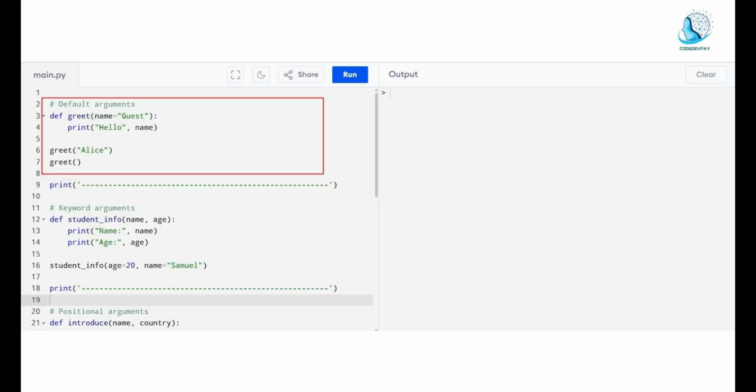For the first part of this example, we have default arguments. We have created a function called greet. So we have def greet, and then we are giving a default value to the name parameter, which is guest. In the code block, we have print hello and then name. So it means that we are going to display hello and then the value which is passed to the name